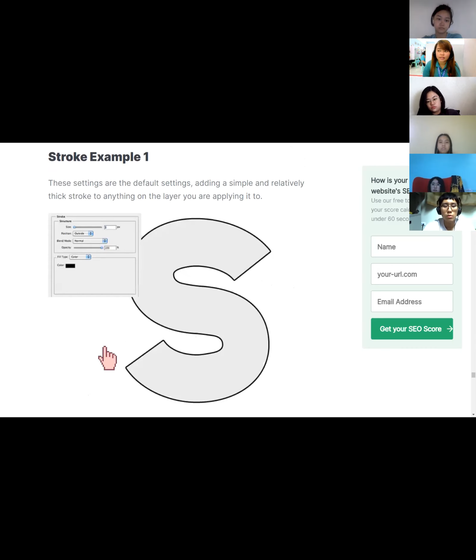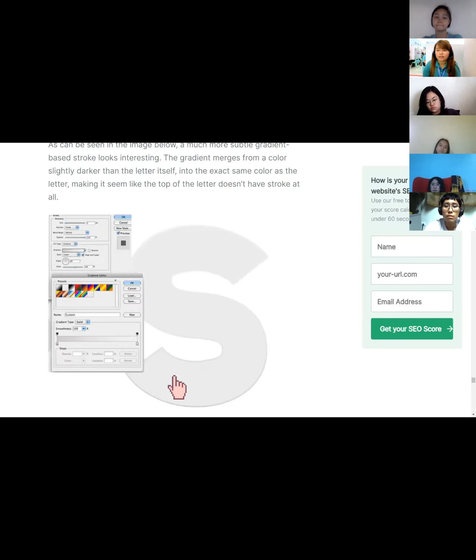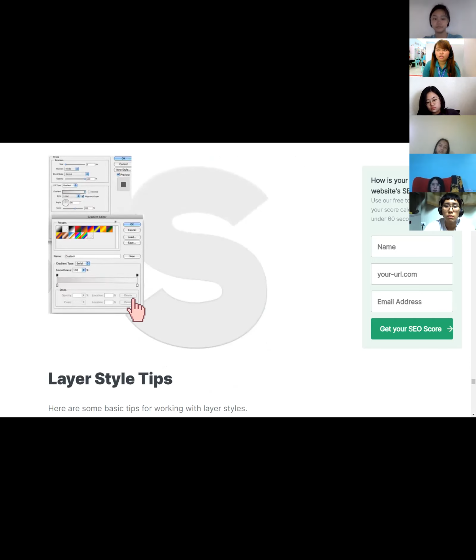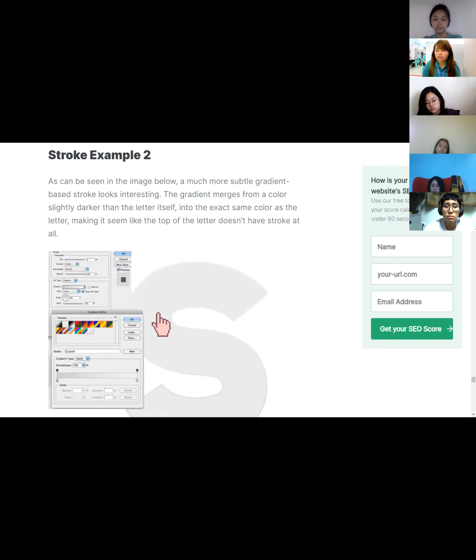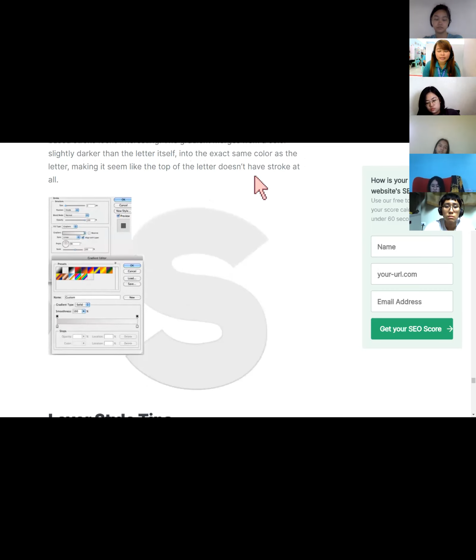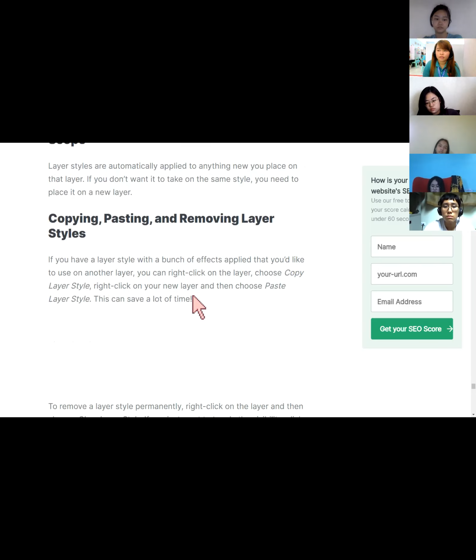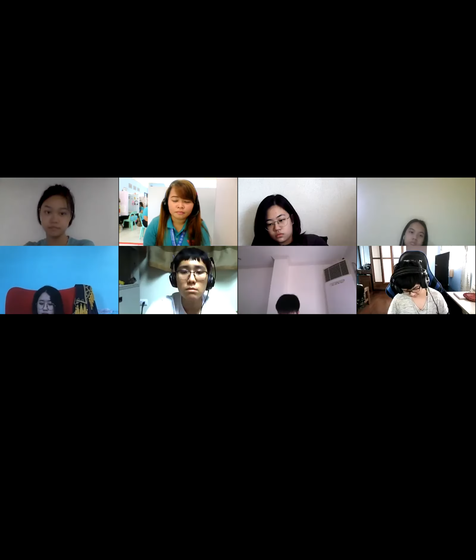Pwede siya sa text. Ganito. Pwede mo siyang lagyan ng stroke effect, or you can have the gradient na style ng strokes. Okay? Clear? So, paano, madam, kung halimbawa,